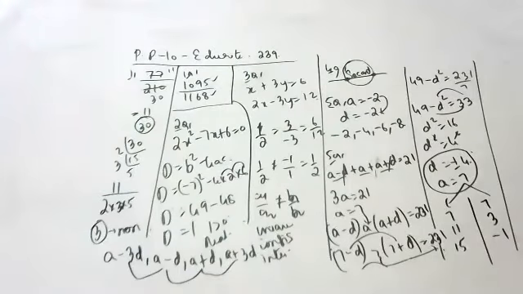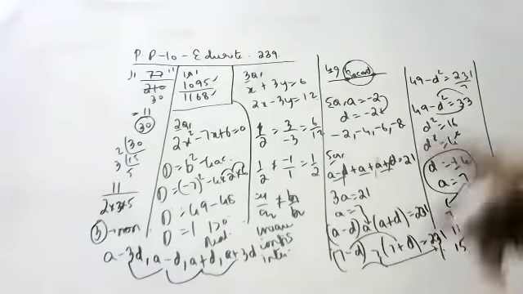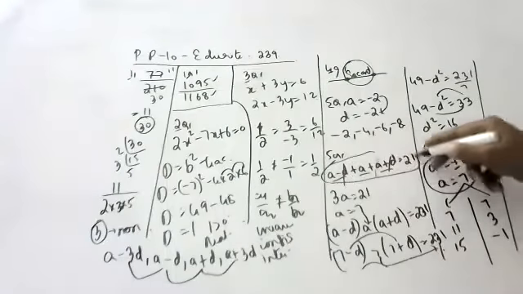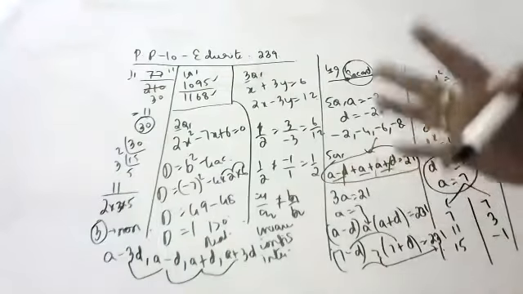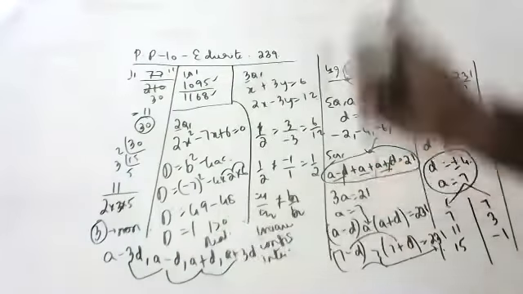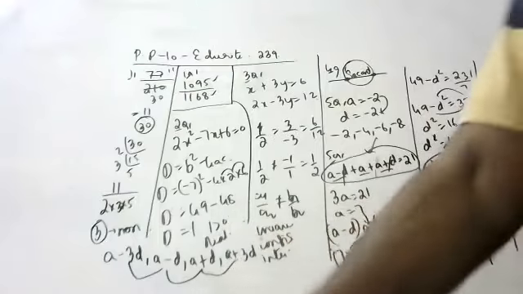Anything is possible. This is the fifth question. Both bits I need. So children, whenever they say three numbers, A minus B, A plus B, you should take. Whenever they say four numbers, A minus 3B, A minus B, A plus B, A plus 3B, you take. Like that you have to check, children.